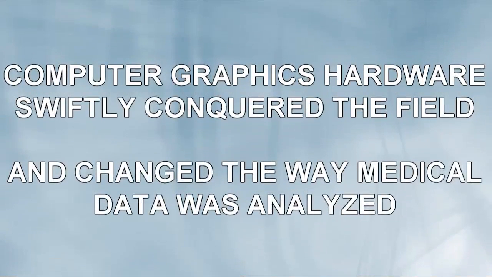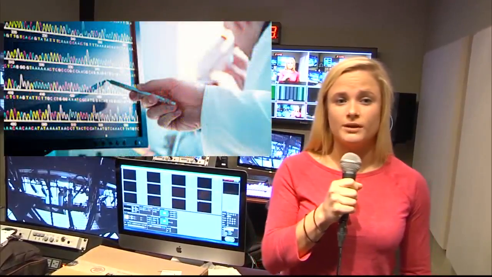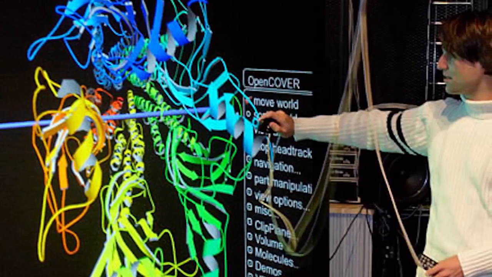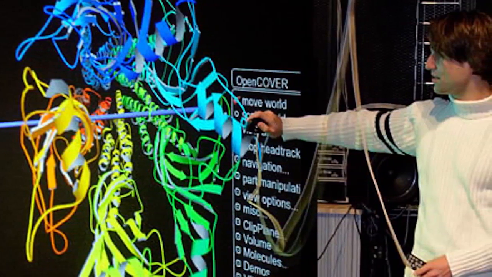In the early days, graphics and visualization were mostly designed as processes producing still images. Computer graphics hardware swiftly conquered the field and changed the way that medical data was analyzed. Nowadays, hardware-assisted real-time rendering of complex shapes and volumes allows for the interactive exploration and analysis of huge amounts of medical data. Without a doubt, the future key applications of graphics in the medical field include operation planning